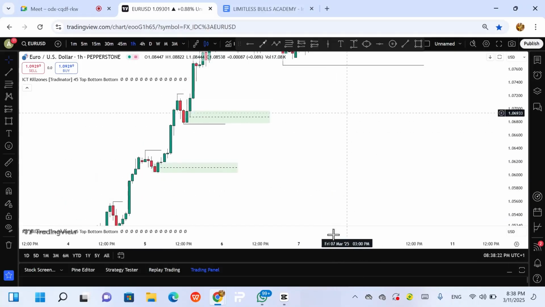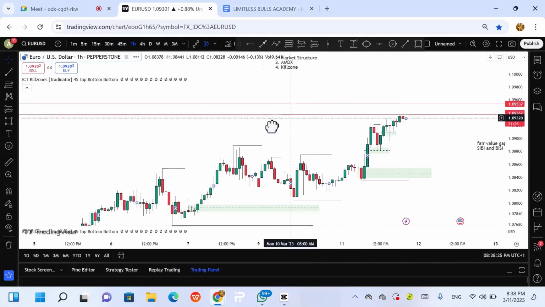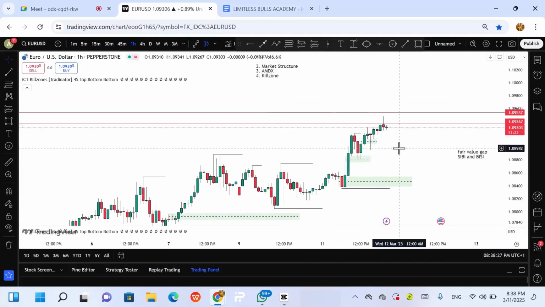RAID is a tap into a liquidity zone, and this is the framework of ICT. ICT says price moves from liquidity to liquidity. So after price finishes attacking a particular liquidity, we call that a RAID. After that RAID, what is the next thing that price will do? Price will then turn to the next liquidity closer to it, or to the next liquidity of interest.